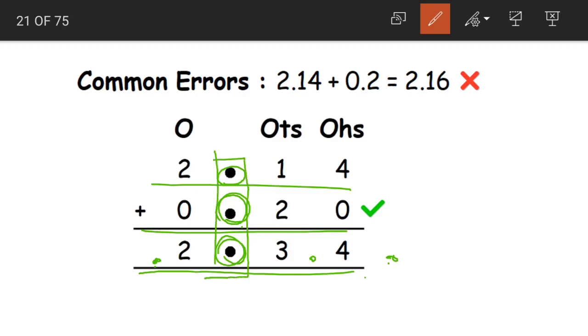If you know how to add rupees and paise, children, as in the money chapter you might have learned how to add rupees and paise, adding decimals is also very much similar to adding rupees and paise. Yes, how to write it?